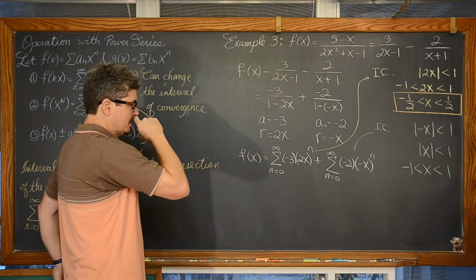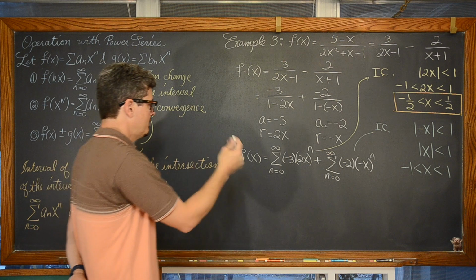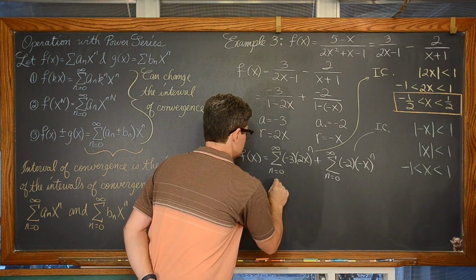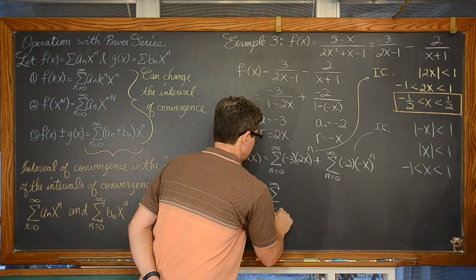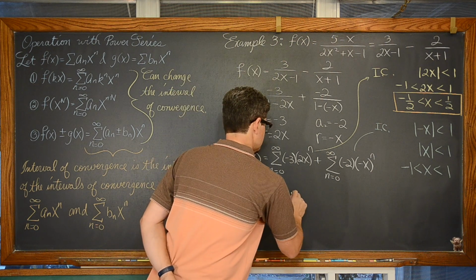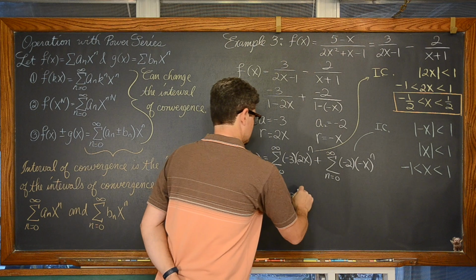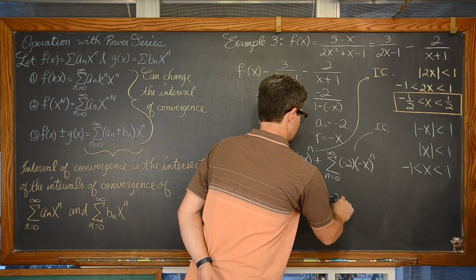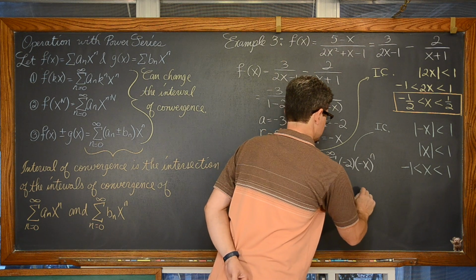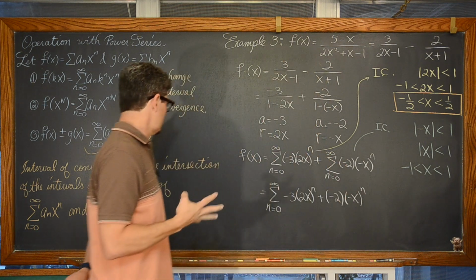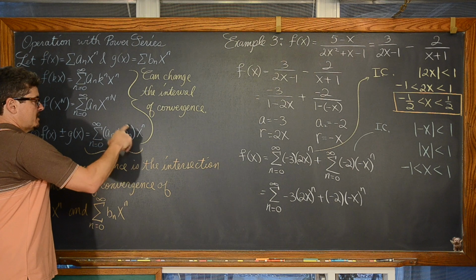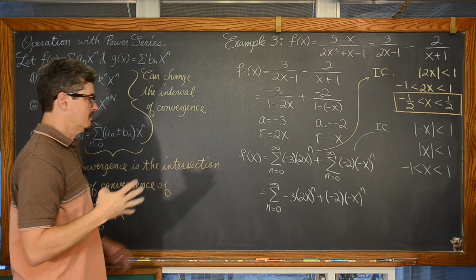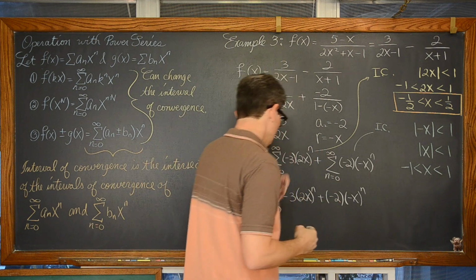Now, how do we bring these together? Well, we can simply write this: summation going from 0 to infinity of negative 3 times (2x) to the n plus negative 2 times (negative x) to the n. But that's kind of ugly. Can we get some kind of constant here with an x to the n at the end? Can we make this so that we can get that out of there? Well,